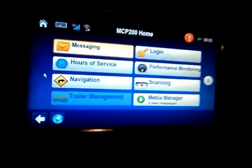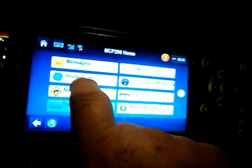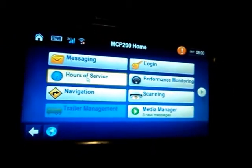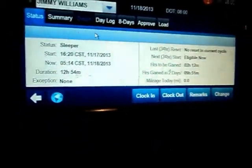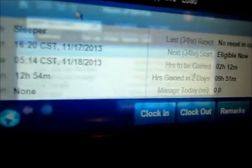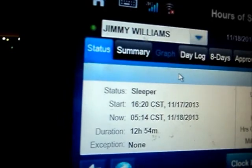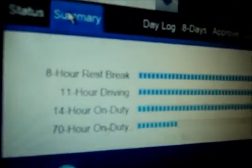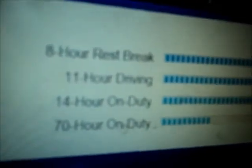Anyway, I want to go down to hours of service. So we touch the hours of service on the screen, and up pops our hours of service. Let's start with this tab, summary, right here. The truck driver has to deal with 4 time clocks. As you can see,